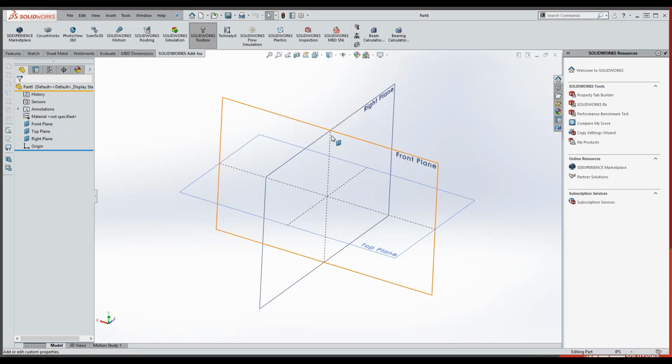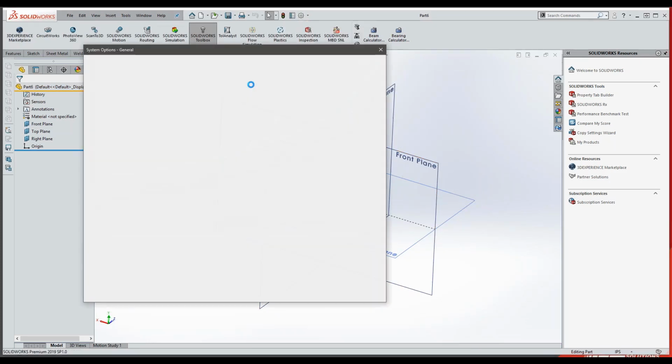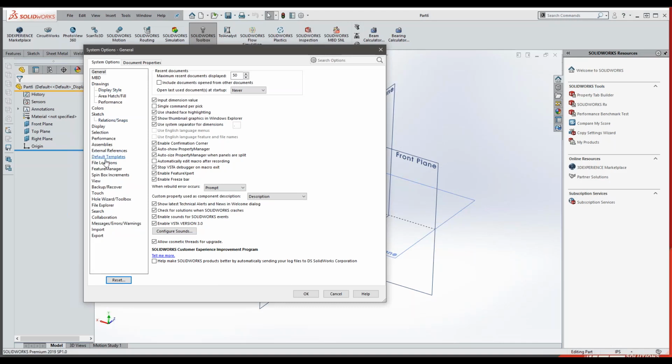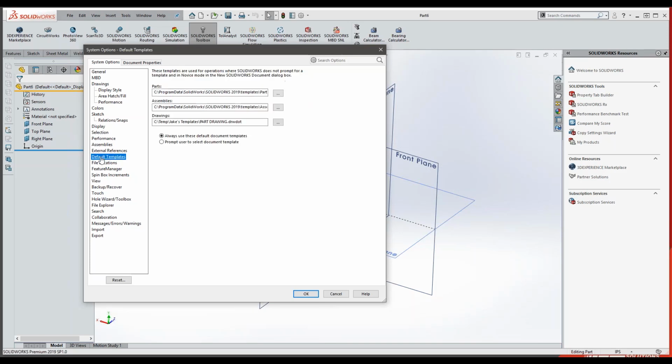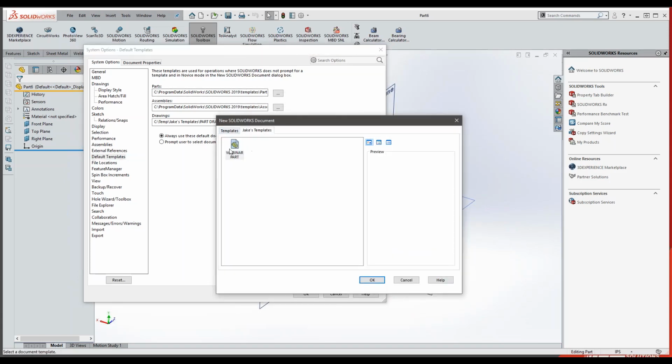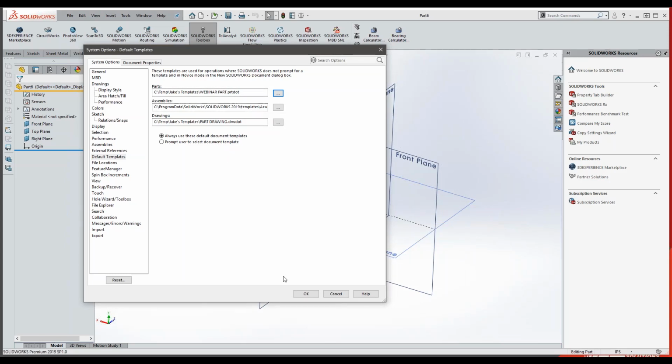So we've created our template and we located it, and there's another option that we can do here. Once we've established a file location, we do have to tell the system OK for it to link to that. Right above that, there's a selection called Default Templates. And so we can choose for parts, assemblies, and drawings which templates we want to choose. Currently for parts, we have program data, SOLIDWORKS. That's that default that came with the system. I want to change this over to be this webinar part,